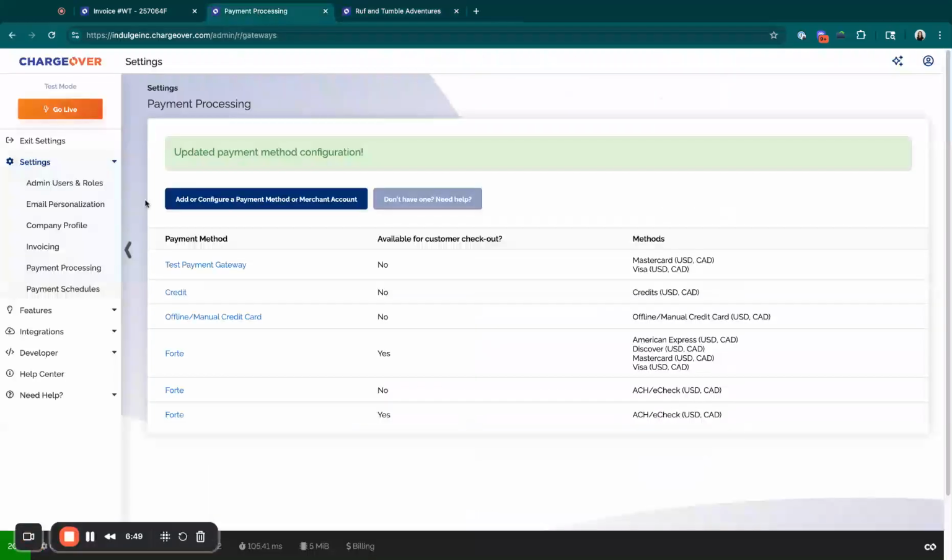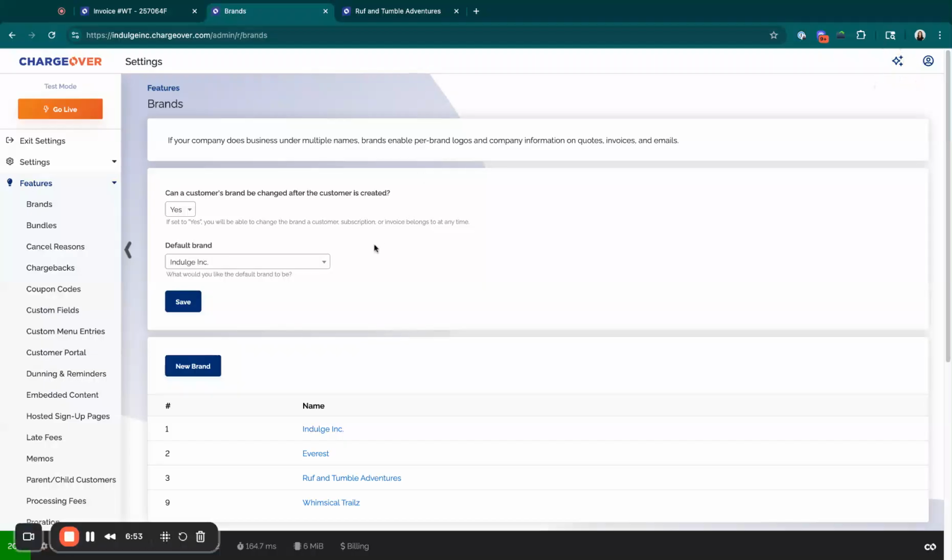I'm going to go back to our brands page for just a second here and just kind of summarize what I went over today. So we went over what brands are and why you would want to use them, how to enable and set up a brand, and how to edit brands on a customer subscription and invoice. We also went over the basics of how to use brands to funnel your payments to certain gateways or to force your customers to use a certain payment method